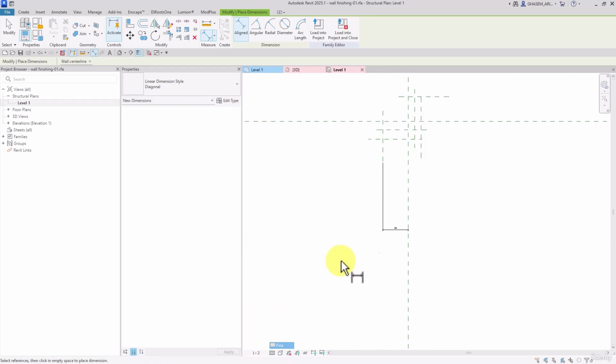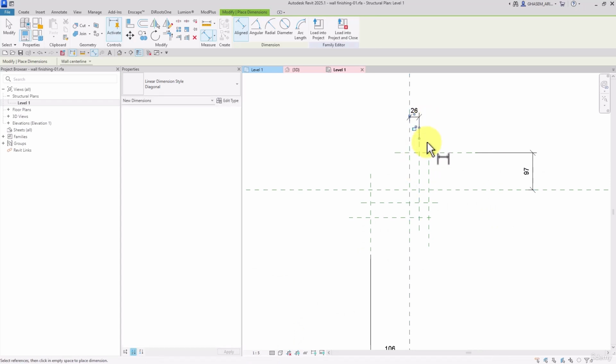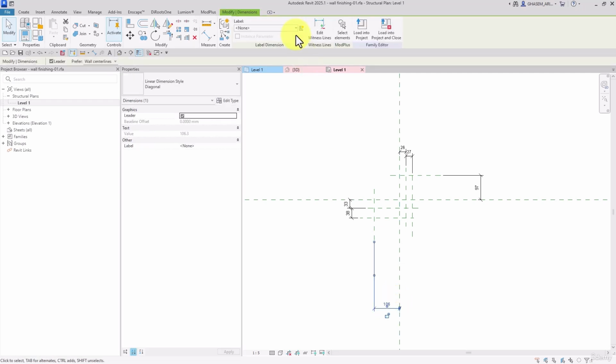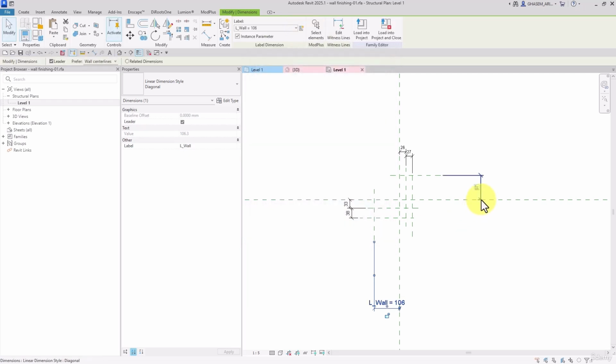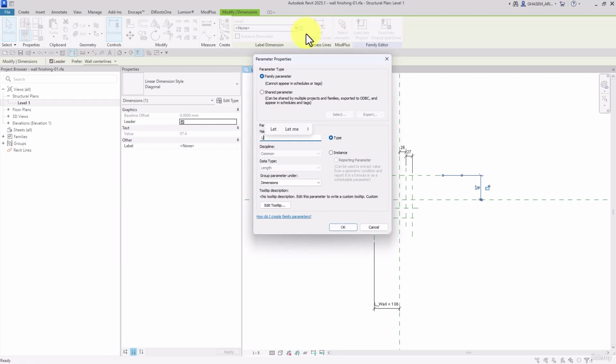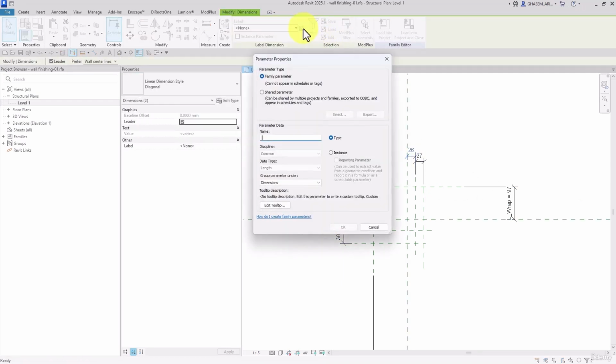However, I wanted to create a finishing here, but right now we have converted the system family to a loadable family that we can model our customized wall here, and then we import it into the project. L wall for the length of the wall instance, and the another one L wrap instance for the parameter, and these two dimensions create new parameter. I name it finishing 01